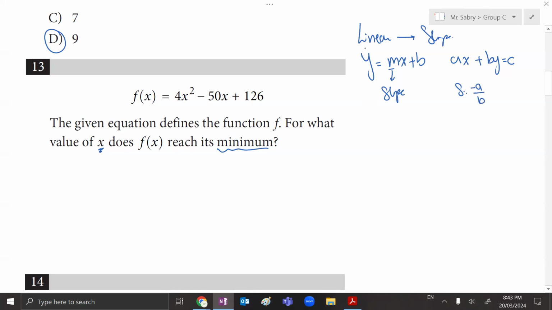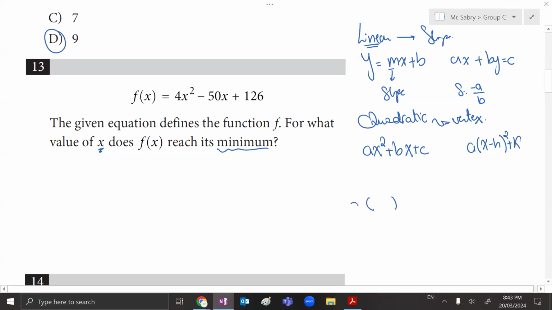These are things we've discussed regarding linear. Now, if we're talking about quadratic, the most important thing in quadratic functions is the vertex. And the vertex could be found out of the different forms of the quadratic equation. One of them is this, the standard form. There's also another one that's actually called the vertex form that goes like this. And there's a third one that is called the factor form that goes with two brackets, not just one bracket